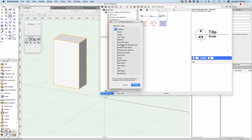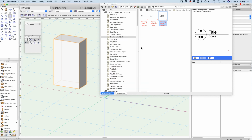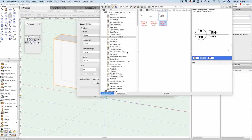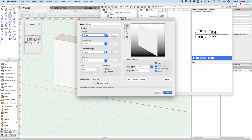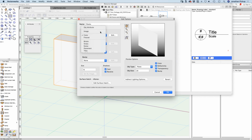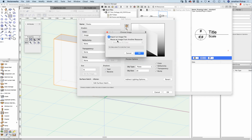Let's have a look. What are the steps for making, so I want to do this one with making a Renderworks texture. So William, you got a question about making a Renderworks texture, which I wanted to cover. So William, for you, I've got a couple of different textures. I've got the color, and I've got a thing called a bump. So what I'd like to do is talk about textures and bumps if we've got time. We might run out of time for this one, William. But